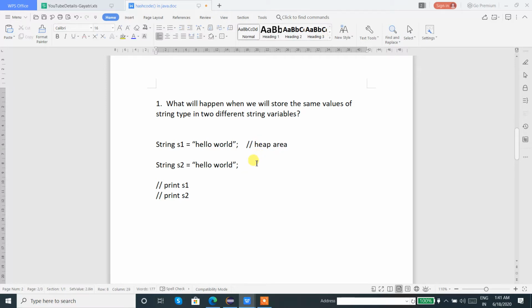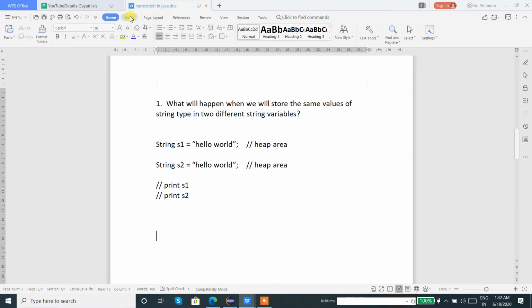Because this is an initialized variable. When the variable is initialized, it always allocates the address space in the heap area of the JVM. So now let us consider we have the same value and two variables. How exactly will the JVM memory allocation take place here?